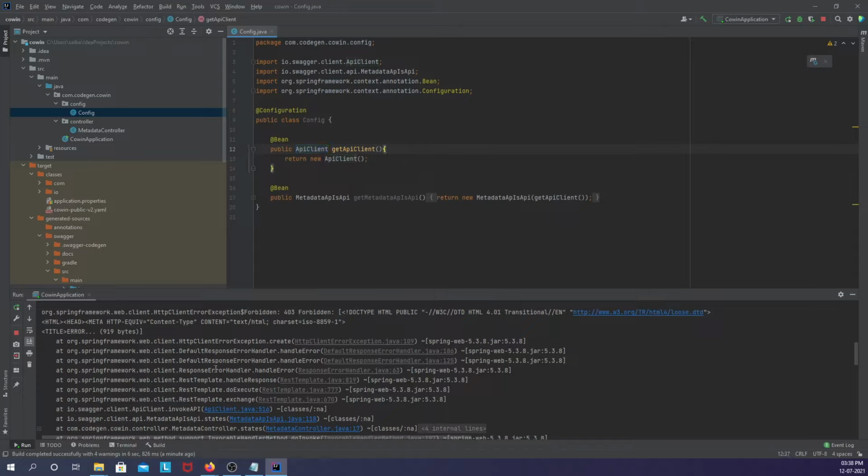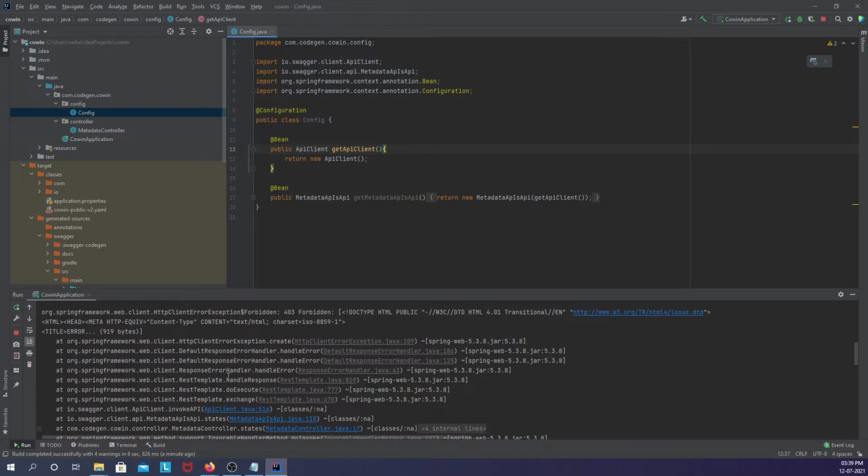By default, when we invoke these APIs through the Swagger generated classes, the user agent is an attribute which identifies who is the caller, what kind of caller, either a browser or a custom application. It's a Chrome browser or Mozilla browser, right? So it is an attribute which specifies the nature of the caller that is invoking this API, to identify the client information at the server level.